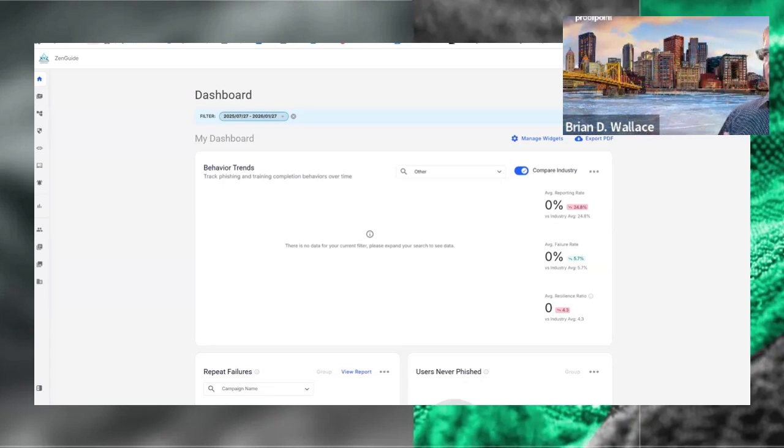Now, with that being said, finding your grouping is important, but also understanding why we want to phish so frequently is important. So let's say, as an example, your entire population is extremely well trained, which I hope it is. That's a whole separate conversation about properly training your end users frequently and using our awareness materials to supplement training. But that said, ideally, your folks are extremely well trained.